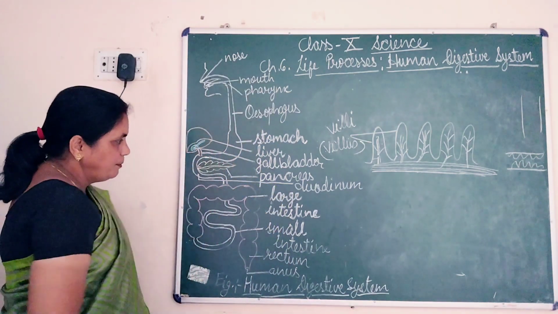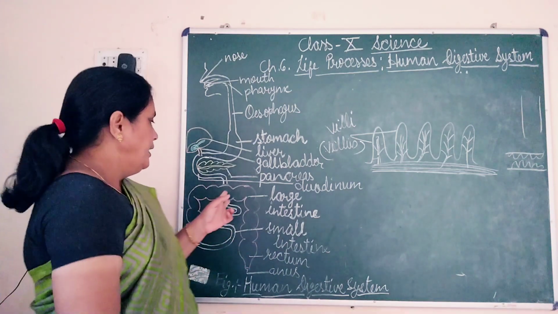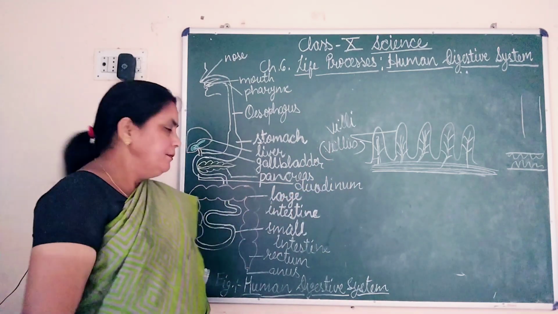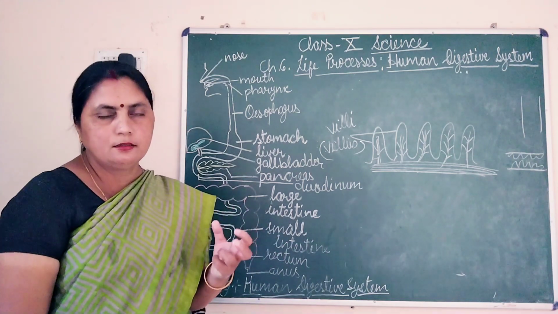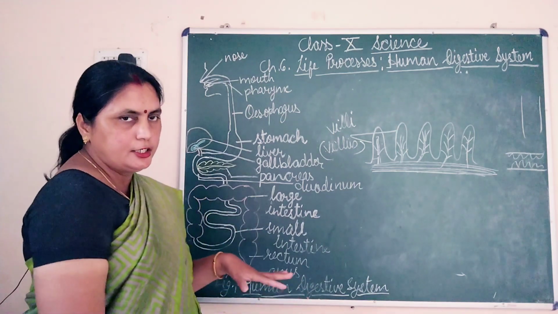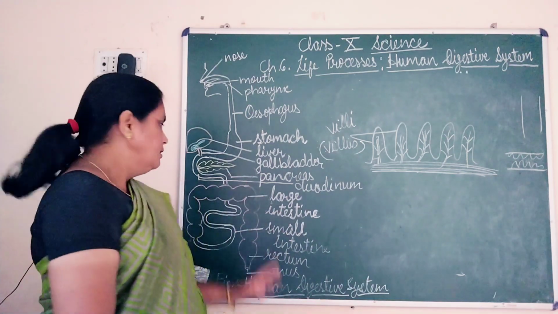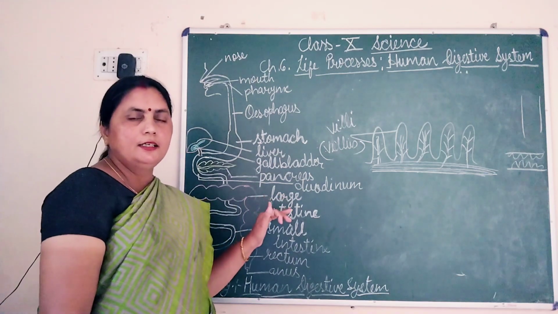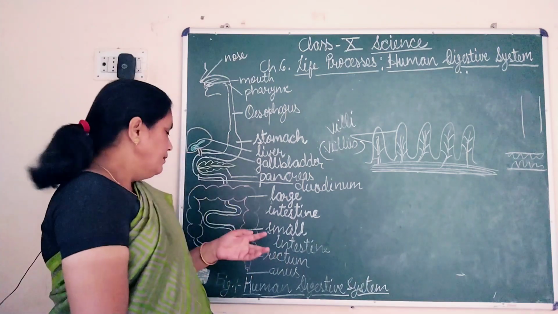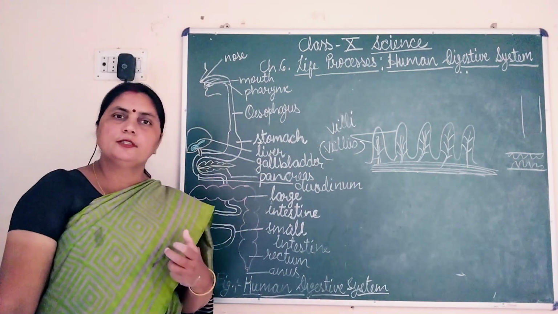Now this small intestine opens into the large intestine, and in the large intestine no digestion takes place. Digestion is completed in the small intestine only. The large intestine only absorbs the extra water present in the food left after digestion, or we can say the waste product left after digestion passes through the large intestine. While it passes through, extra water is absorbed, and a solid substance is left behind, which is collected in the rectum. This solid substance is to be thrown out.